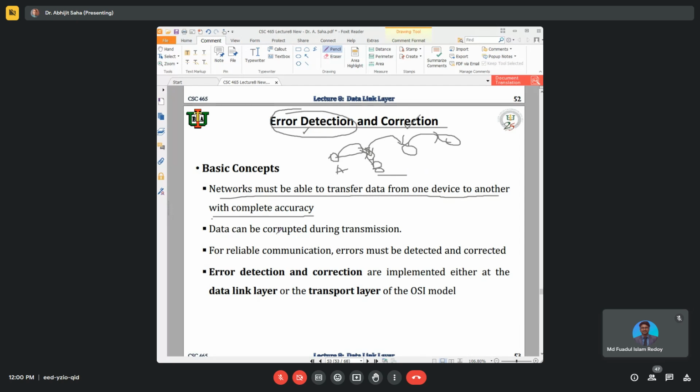He said that corruption can happen. Data can be corrupted during the transmission. So when you are sending the frame,